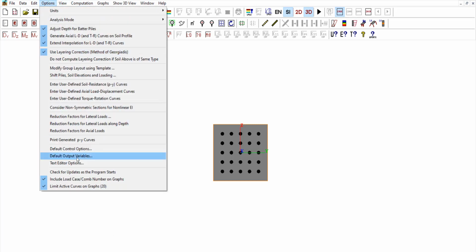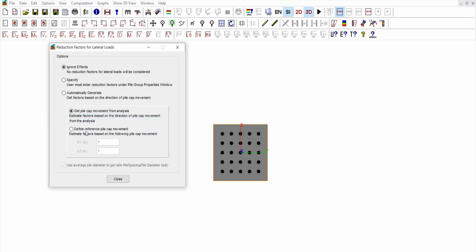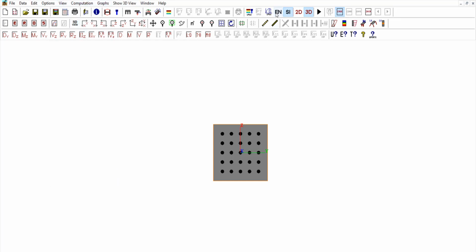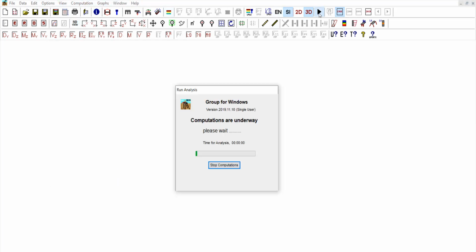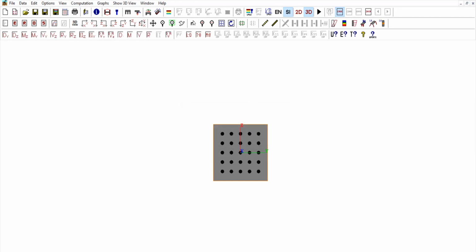So let's go back to Options and activate that. We already made it automatic. And in the analysis options, define reference pile cap movement estimated based on the following cap. I will keep everything as default, and I will just run the analysis one more time,